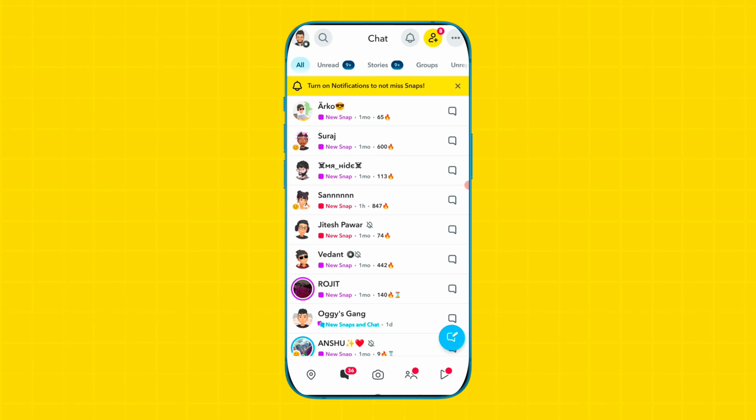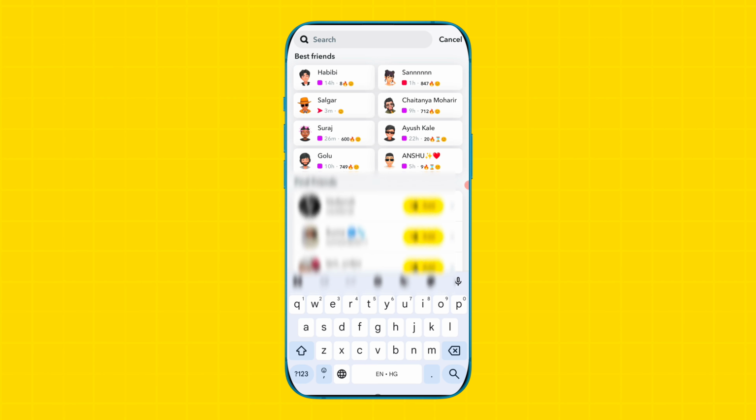So guys, here generally there are two methods to add a new friend on Snapchat. The first method is you have to tap on the search icon which is available in the top right side here. So friends, if you want to add a particular friend, a known friend, for this you can